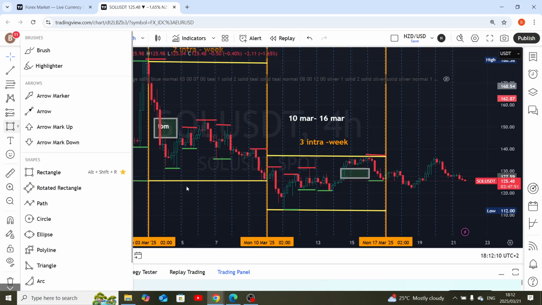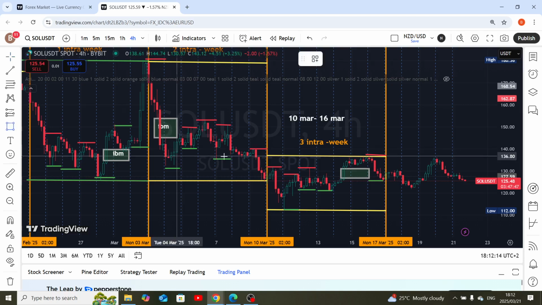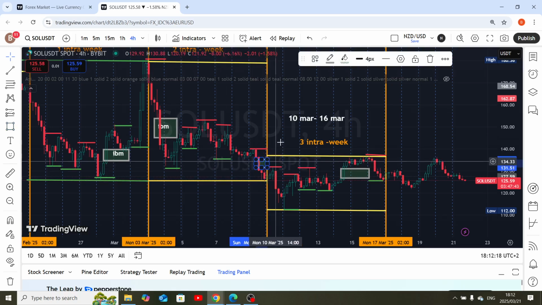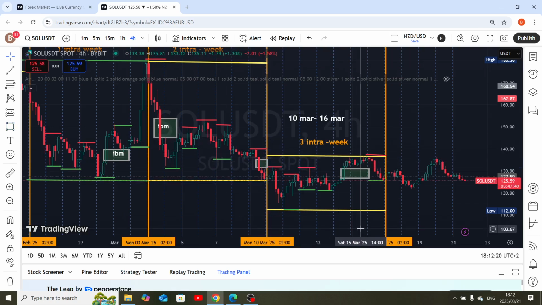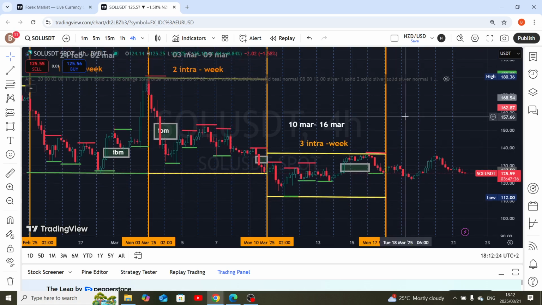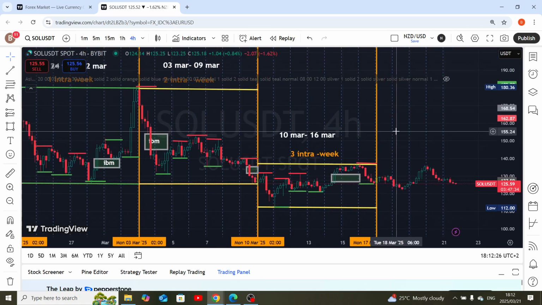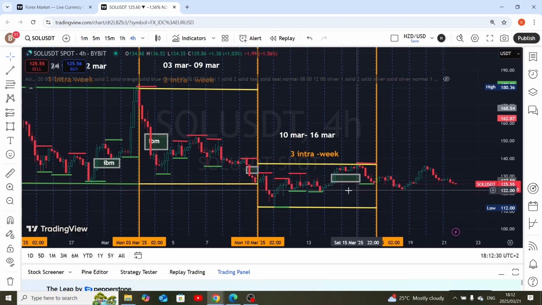So we need to be very careful. We need to check exactly these imbalances, because they tell us a lot about institutional flow. So we are able to see a lot of institutional manipulation when we are doing all these things. So now you can actually see that